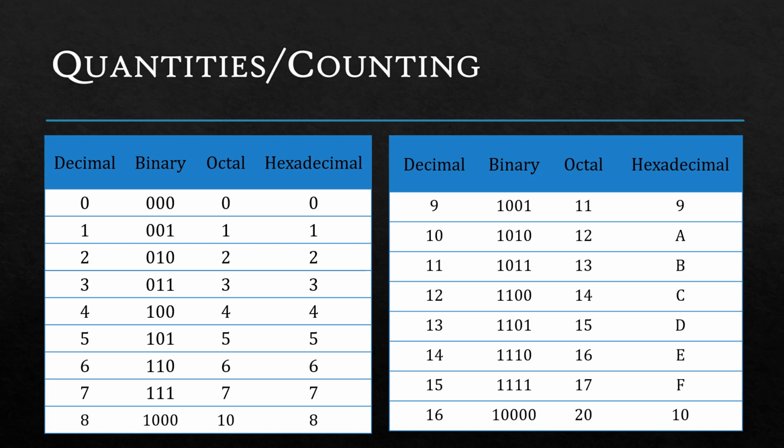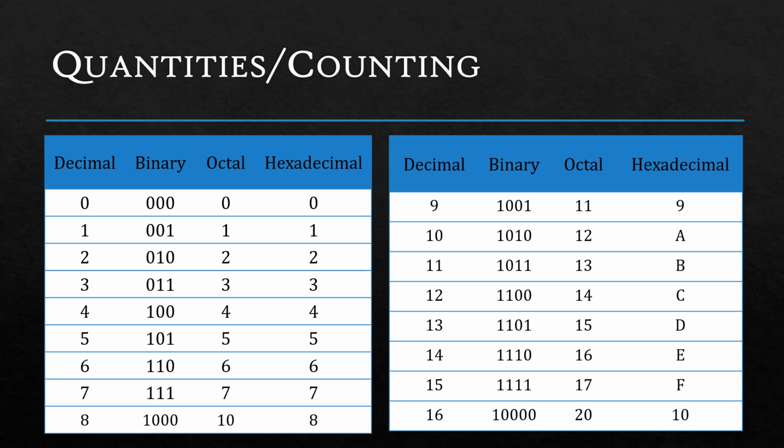In the case of binary, we have only two digits, 0 and 1. The rightmost bit represents the LSB, the least significant bit, and the leftmost bit represents the most significant bit. We are taking 3 bits for representing this binary number. The first combination is 0 0 0, then 0 0 1. The 0 0 0 represents the decimal number 0, and 0 0 1 represents the decimal number 1.